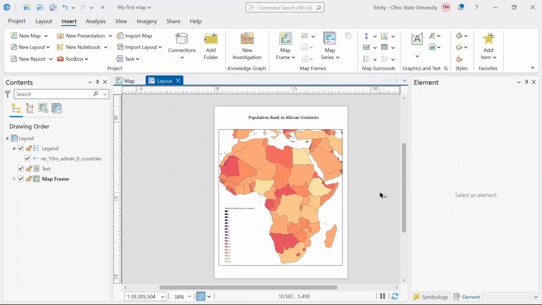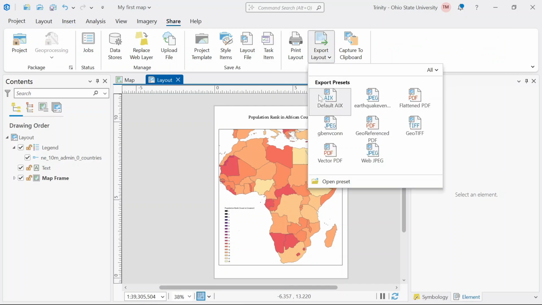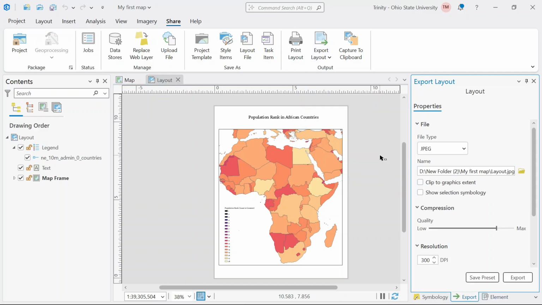Now that we have our layout already how we want it to be, we can go ahead and export our file. So what you're going to do is navigate to share. You're going to click export layout, choose whatever file you want it to be. I personally like to do JPEG because it's for images. And then we're going to change the name of this map. We're going to name it something easy like